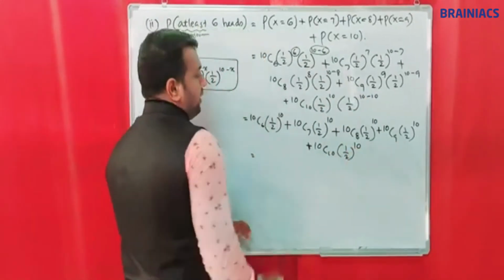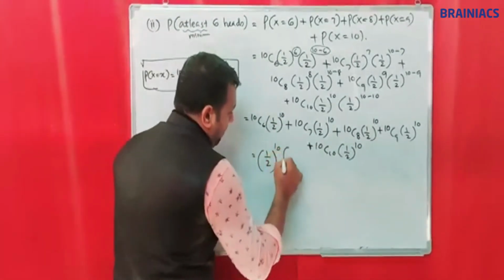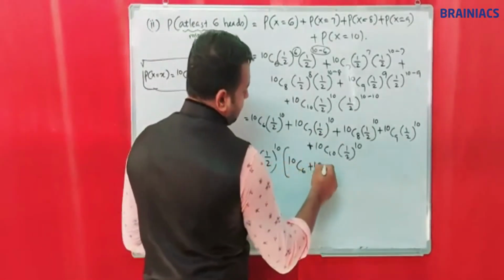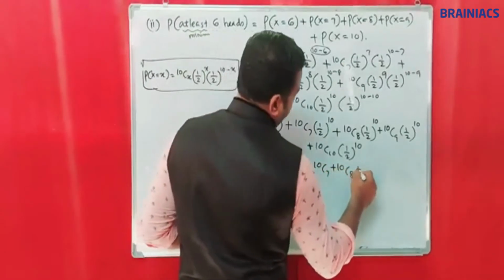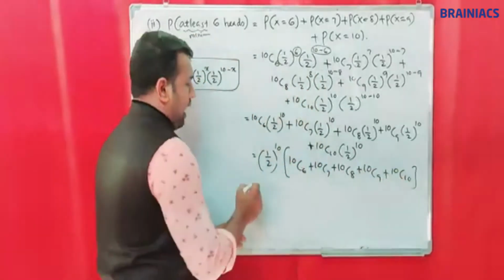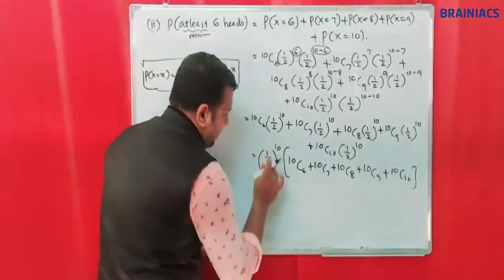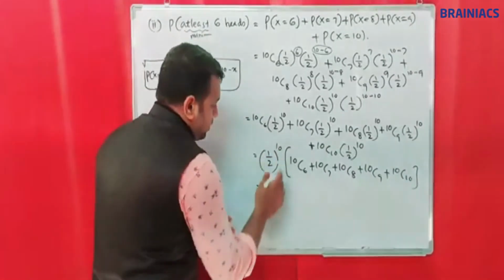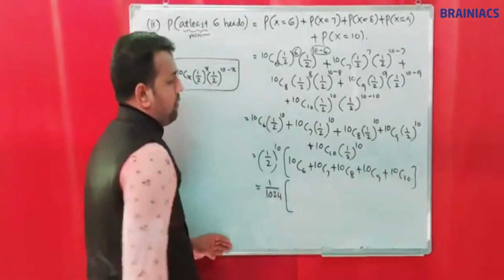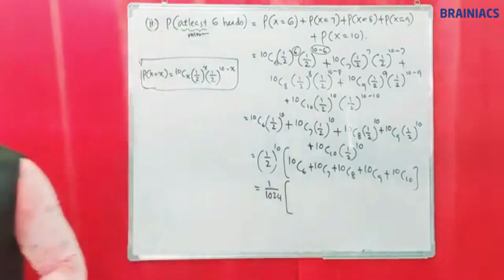Okay, so in each case 1 by 2 raised to 10 is the common value, so we can take it as common. The other value is 10c6 plus 10c7 plus 10c8 plus 10c9 plus 10c10. 1 by 2 raised to 10 can be written as 1 raised to 10 is 1, and 2 raised to 10 is 1024, and 10c6 plus 10c7 plus 10c8 plus 10c9 plus 10c10 can be written as